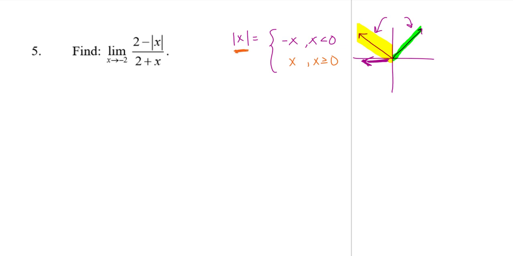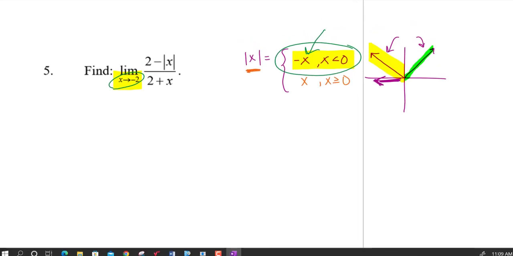Since I'm focused in this question on the limit as x approaches negative 2, that certainly puts me on the left-hand side, where x is less than 0. So instead of absolute value of x, because we're only talking about x approaching -2, which is less than 0, I'm going to use this part of the piecewise